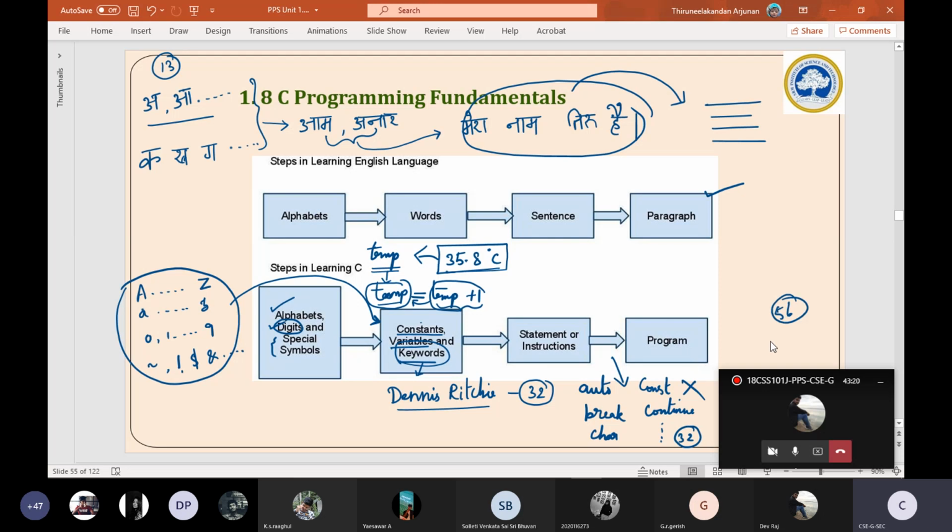Now we need to understand the meaning of each one of them, how it is used in the C program, when it should be used, when it should not be used. We will understand each one of them well while we are taking up the programs. Getting this point, students? What I have introduced today is constant, variable, keyword. Basically, by combining several alphabets and several digits, we can make constants, variables and keywords. But we cannot directly combine.